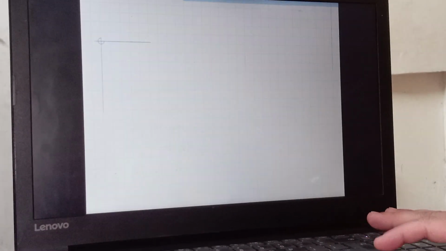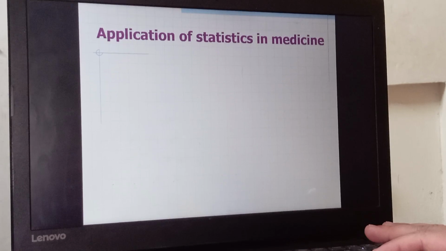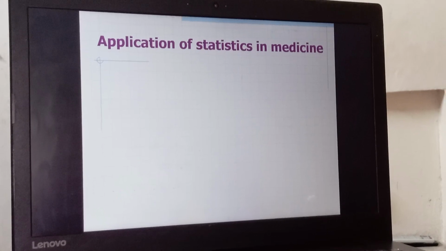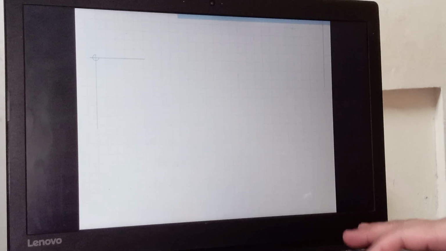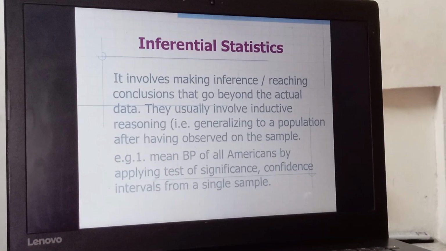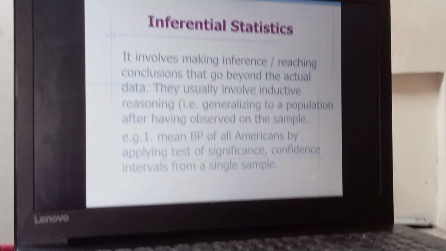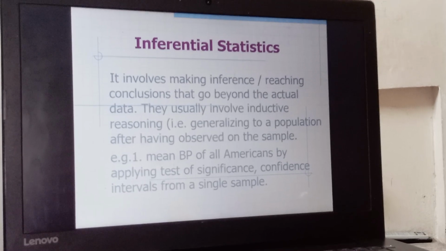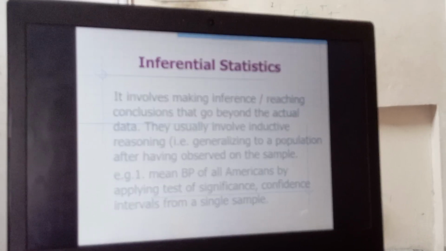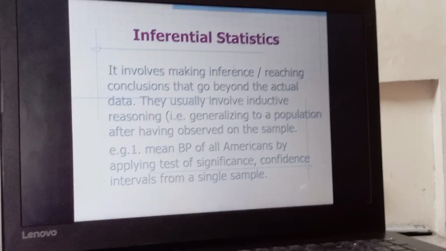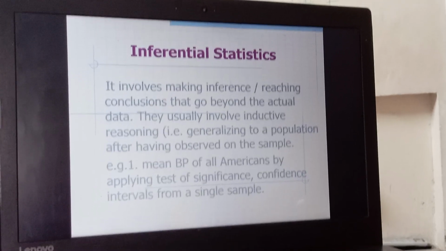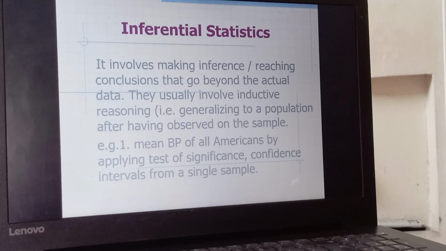Confidence interval is basically claiming something confidently about the population, because we are unable to collect the data from the whole population, so we make use of a sample. Since the whole population cannot be included in the study because of different constraints, resources, or other limitations, that's why we select a sample from the population, and depending on the values or characteristics of population,